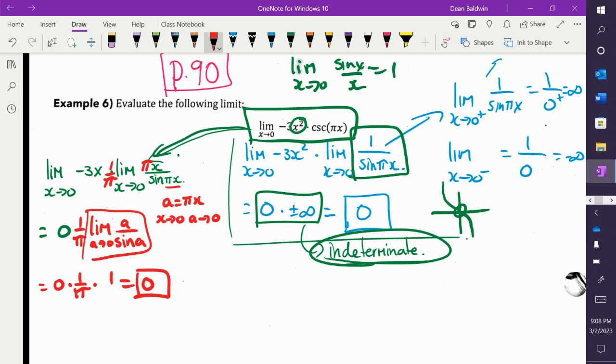So sorry for not having that ready for you in class. It just shows sometimes you need to think about this stuff. And I need to heed my own advice: if you see a sine function, odds are you're probably going to try and make it look like, especially if we're going to 0, our special limit up there. Anyway, I hope this helps,